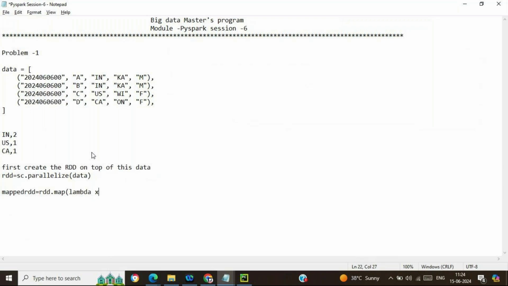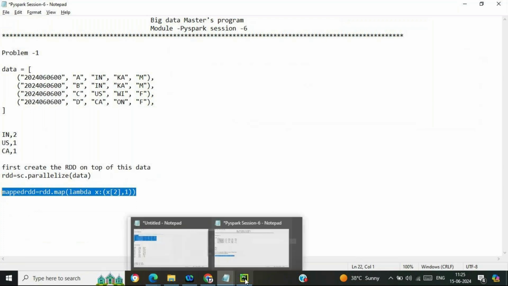If I'm passing x, it needs to give me x of 2. With x of 2, I want to have 1 as well, so it maps 1 with each country. Then I will get the outcome as IN 1, US 1, CA 1. I will be getting the outcome in this particular way.